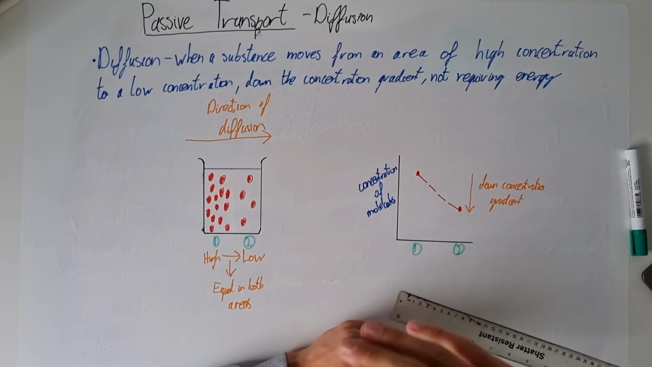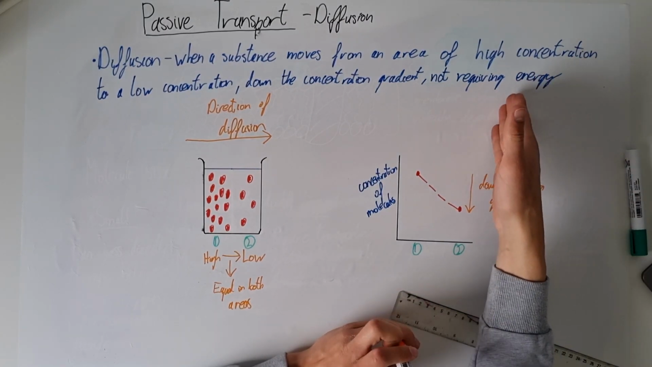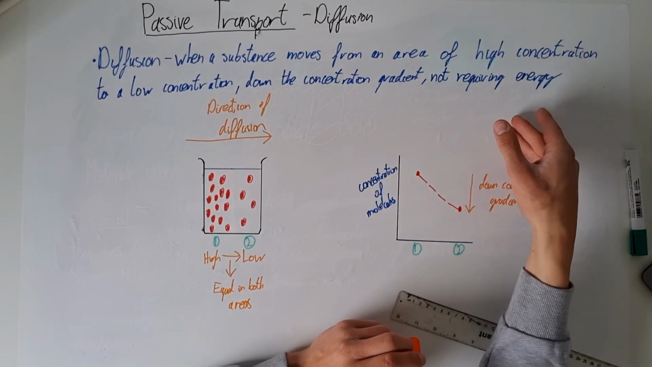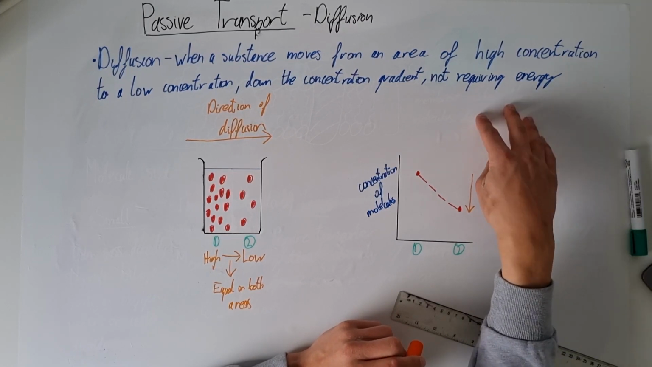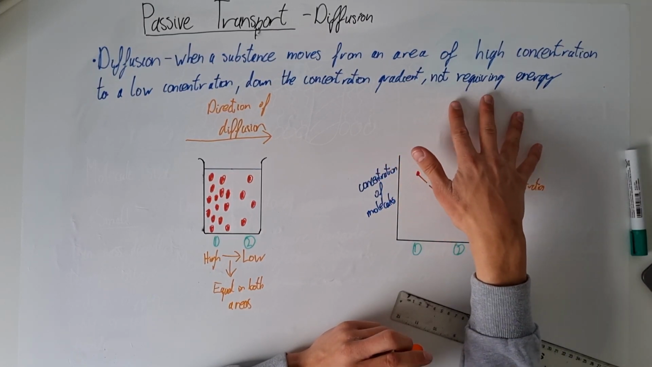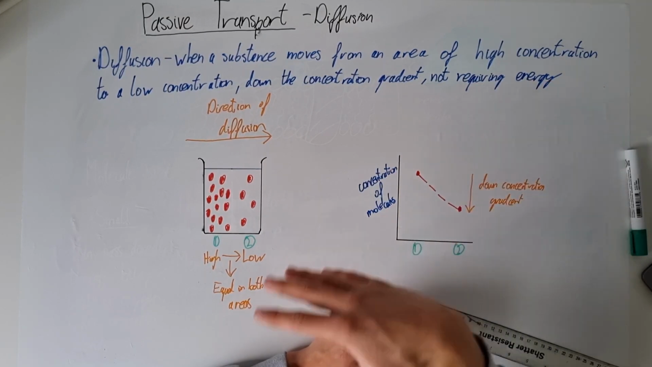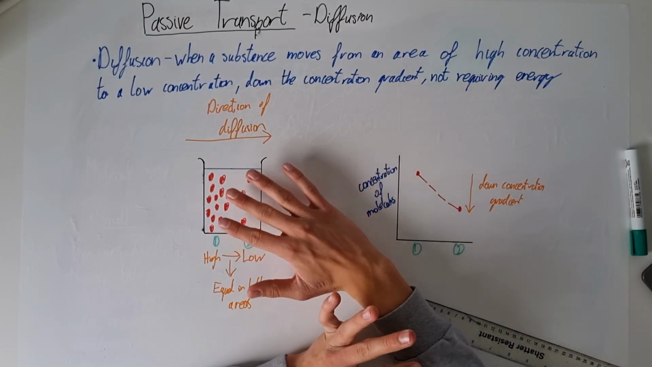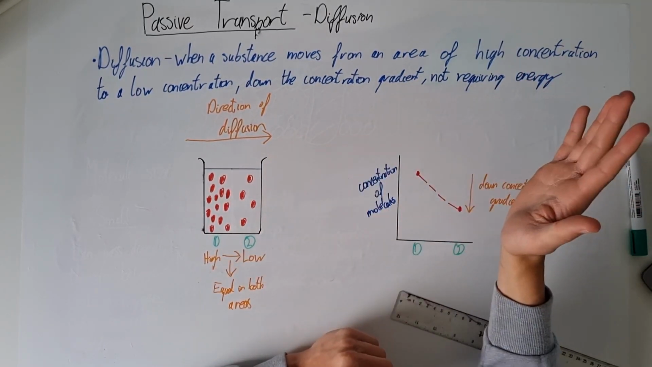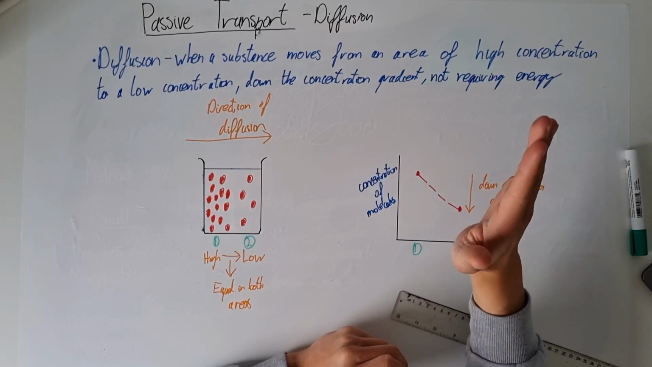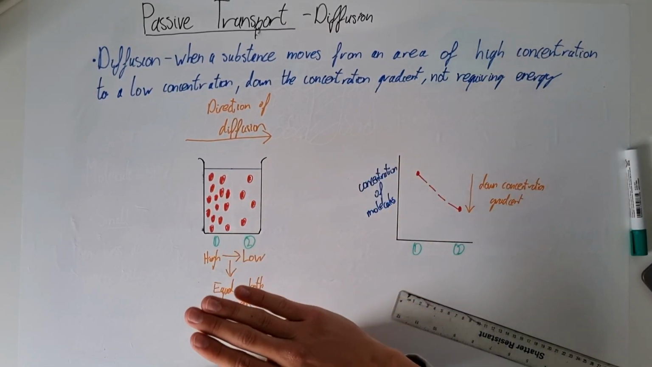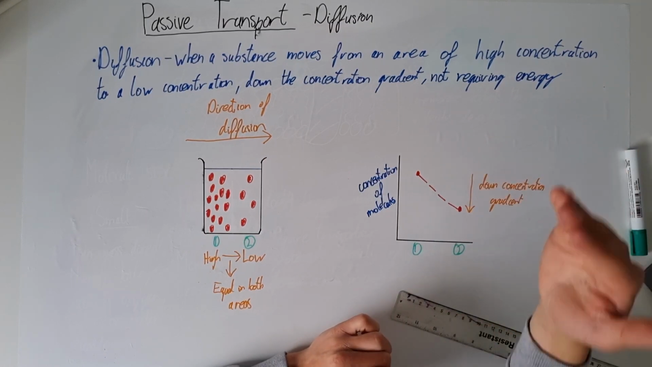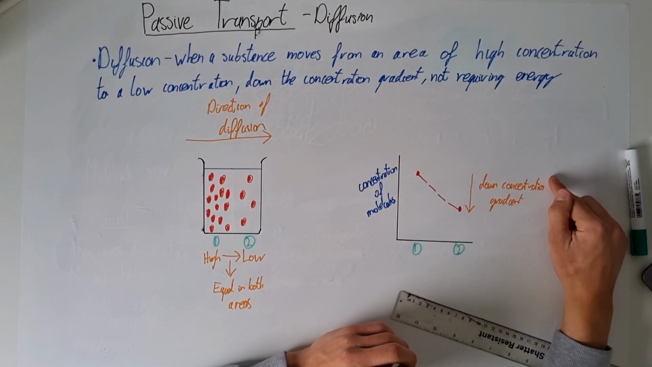And therefore, going down the concentration gradient does not require any energy. And why is this? Because when we're going down the concentration gradient, it happens naturally. We don't need any energy to force these molecules to move or anything like that. It's completely passive transport. Passive transport does not require any energy, and this is because it happens naturally down the